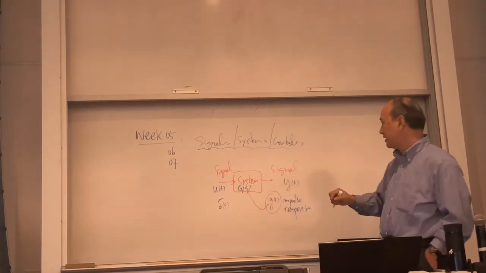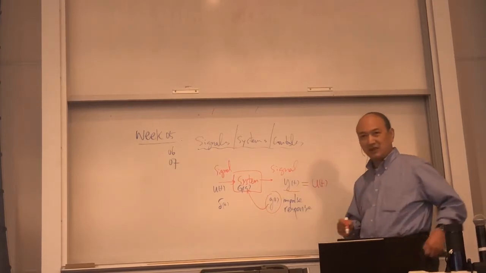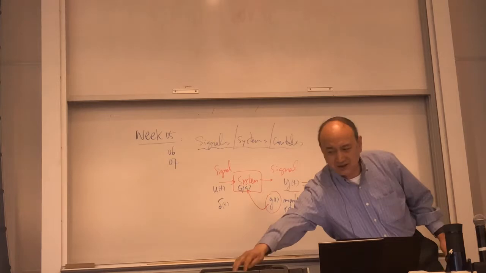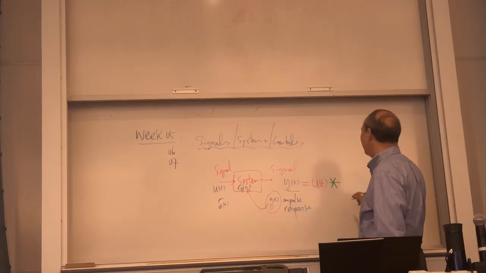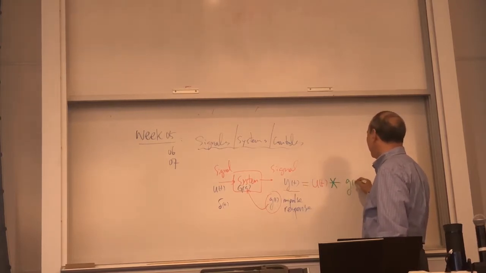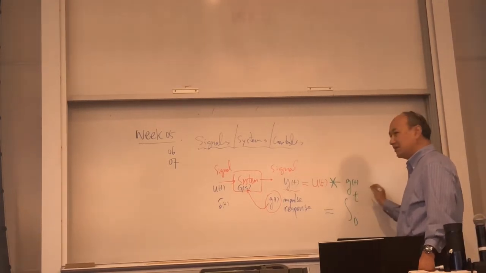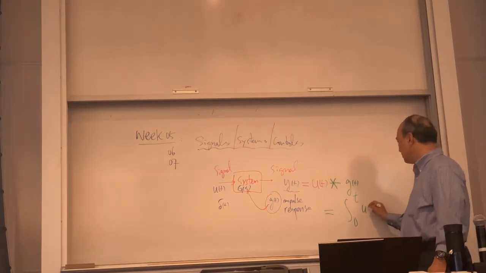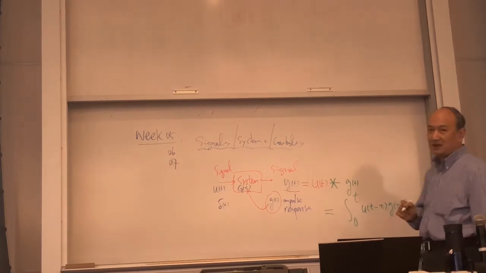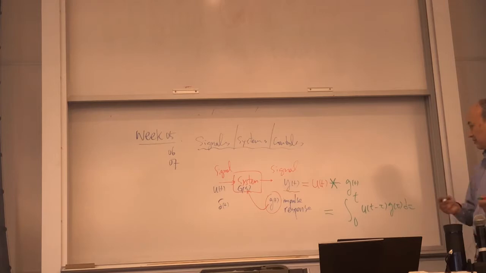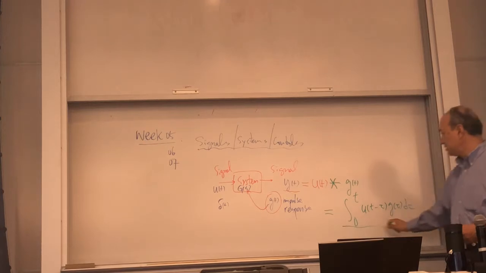Why? The reason is, for any output with any input, okay, U, not necessarily impulse anymore, the output is simply U convolved with G of t, okay? And by convolution, the definition is the integral from 0 to t, and you have U of tau times G of t minus tau d tau. Okay, so that's called convolution. Can you guys see it? So it's convolution.